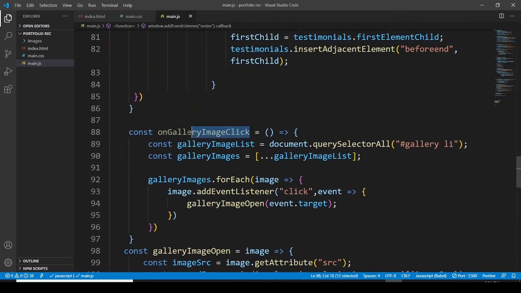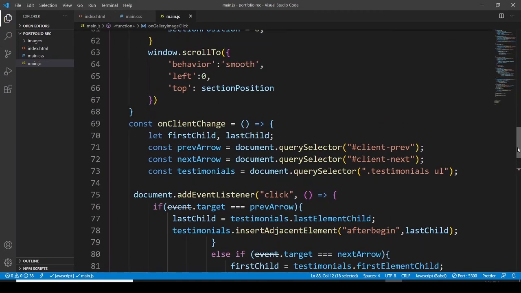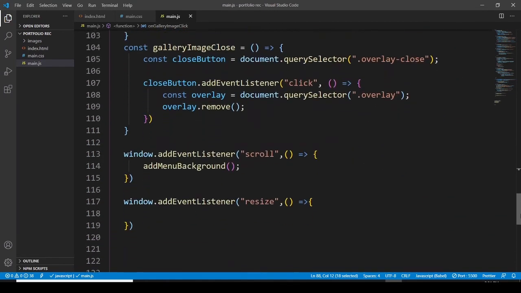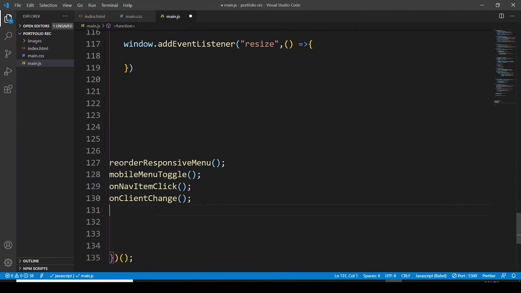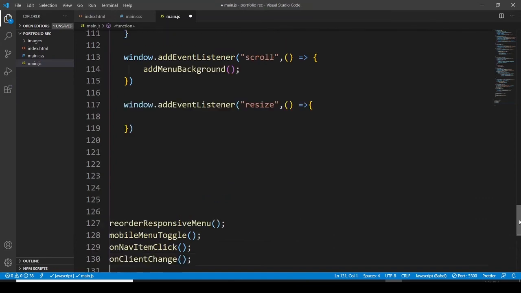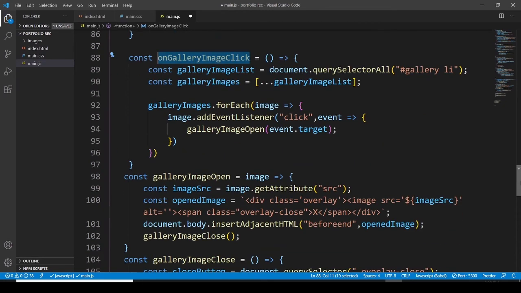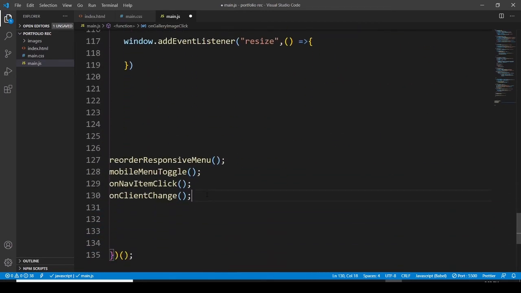this gallery one. Okay, the on gallery image click. Okay, and I think it is going to work now. Image change, not change, sorry, on gallery image click. Let's get that one, this one, on gallery image click. Let's call this here. I think it is going to work now because